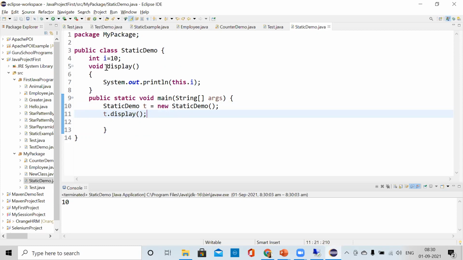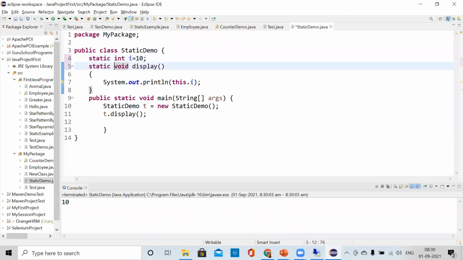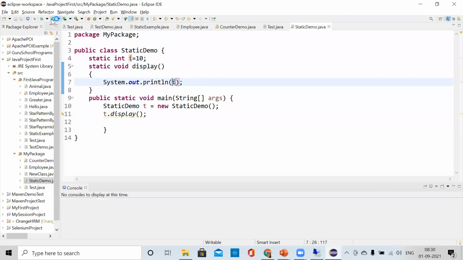But if I make this static, it will not work. That's what I wanted to say: if I make both as static, then this is giving me the error. Then I don't need this keyword. I can just write it like this.